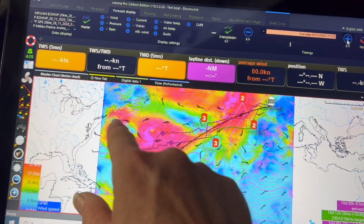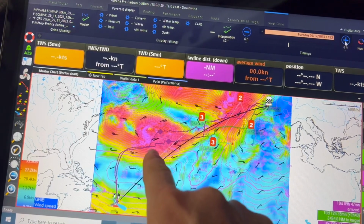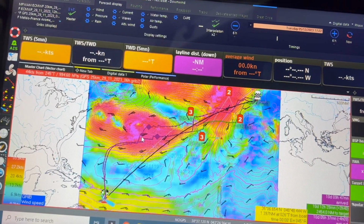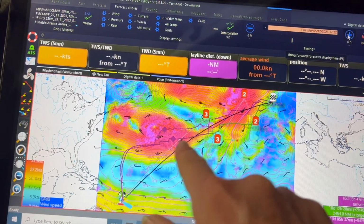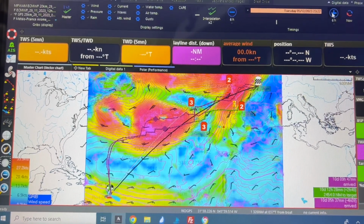But you can see there's a low pressure system here developing and one here as well, and there's some very big wind inside there, so that is 45 knots there. And if you stay further to the south you can see there's 30 knots. So around here it's going to be interesting to see how the fleet splits. So this is actually on day 5,